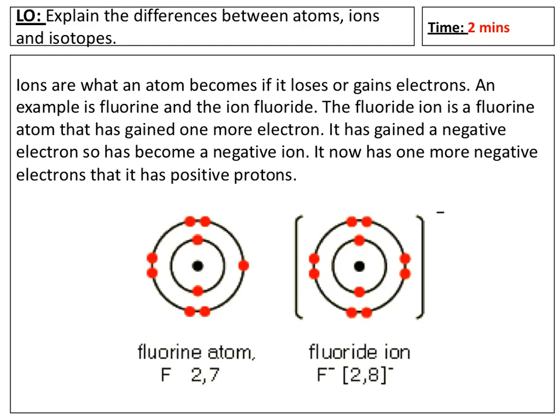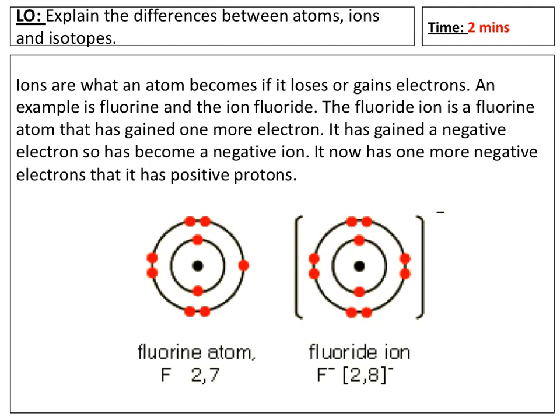Okay, so thinking about ions a little bit more, I just gave a little bit of an introduction. Ions are what an atom becomes if it loses or gains electrons. An example is fluorine and the ion fluoride. This is what I mentioned before being added to toothpaste and tap water. The fluoride ion, that's this one on the right hand side, is a fluorine atom, but it's gained 1 more